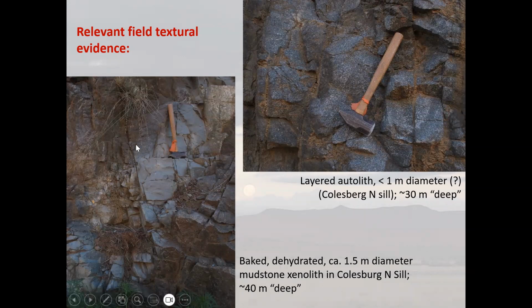xenoliths. This on the bottom left here is a xenolith of mudstone from the country rocks. The host rocks are quartzites and mudstones, or sort of sandstones and mudstones. This is about a 1.5 meter xenolith. There is nice evidence for dehydration, which I'm not going to show you in any more detail here. Just trust me, I'm a doctor. There are little centimeter scale needle-like amphiboles found above the xenolith, but not below it, and there's a little reaction rim around it. The xenolith itself doesn't grow any metamorphic minerals in it, even though it's sitting inside this dolerite sill. But we do have evidence on the scale of maybe 10 centimeters for dehydration,